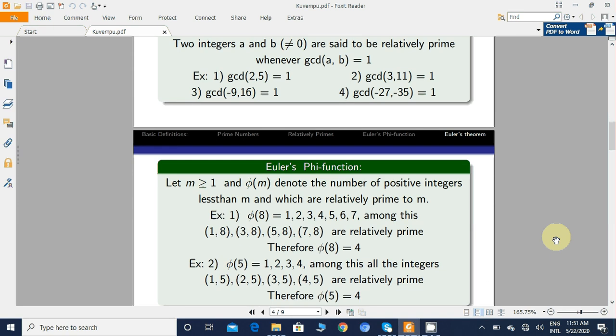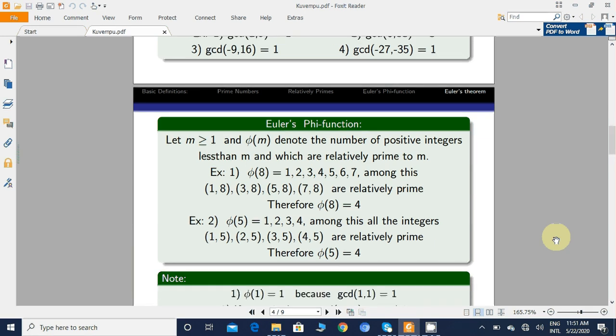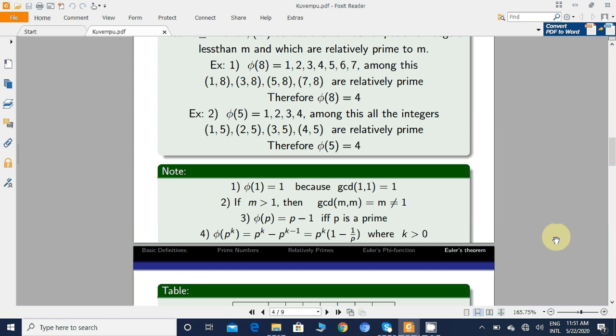One more example, m equals 5. Now write the integers less than 5: 1, 2, 3, 4. Among these, (1, 5), (2, 5), (3, 5), (4, 5) are relatively prime. Therefore, phi of 5 equals 4. Note, phi of 1 equals 1 because GCD of 1, 1 is always 1. If m is greater than 1, then GCD of m, m equals m